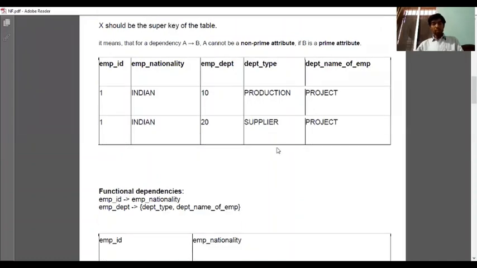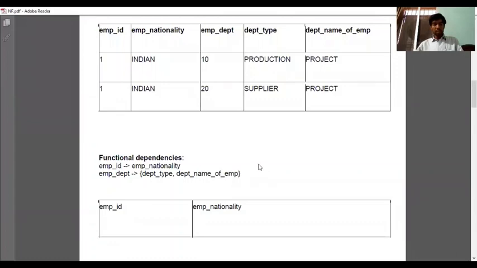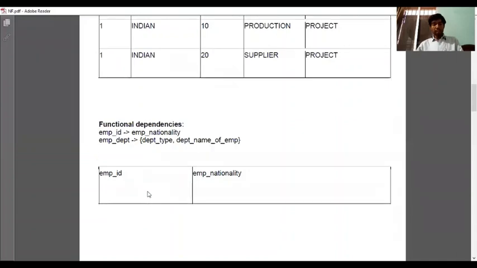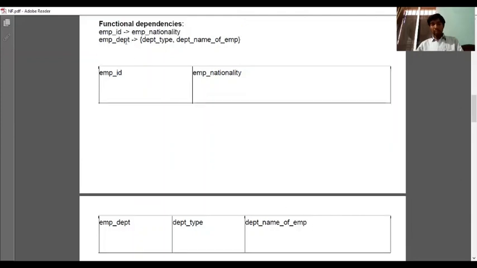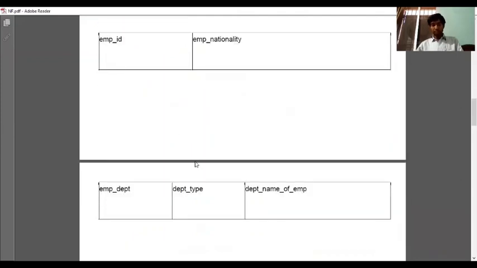So if we want to convert this relation into BCNF, we decompose this relation into one or more tables. The first table we decompose is EMP ID and EMP nationality, as we have an FD. Second table, EMP department, department type and department name of EMP, as given in the functional dependency.